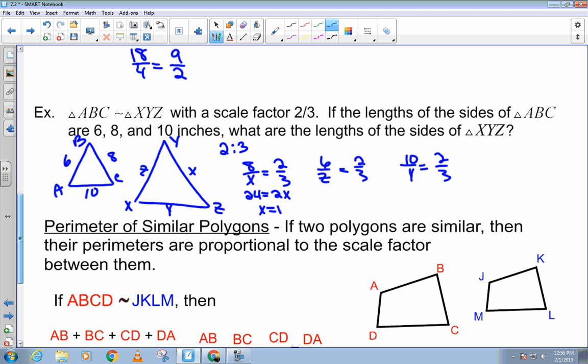And so x is 12. Here we get 18 equals 2z. And so z is 9. And here we get 30 equals 2y. And so y is 15. Okay, last thing,